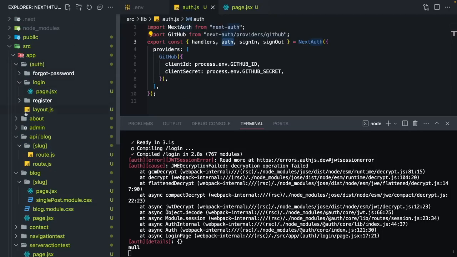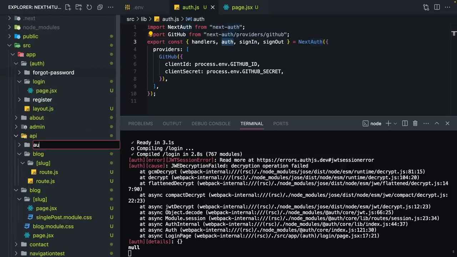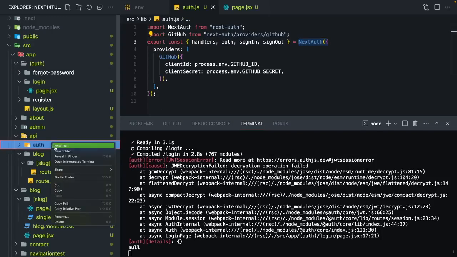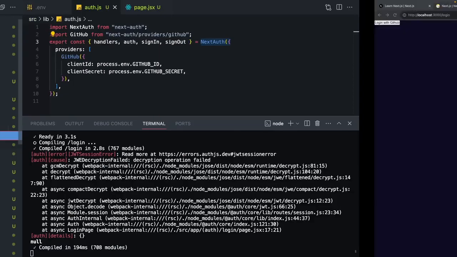Let's come inside API and new folder, and it's going to be auth. And our library is going to handle every single endpoint like login, logout, error, or whatever it might be. So I'm going to create a new folder and spread next auth. So we don't have to write one by one logout, error, or anything it might be. Let me show you actually. I'm gonna come back